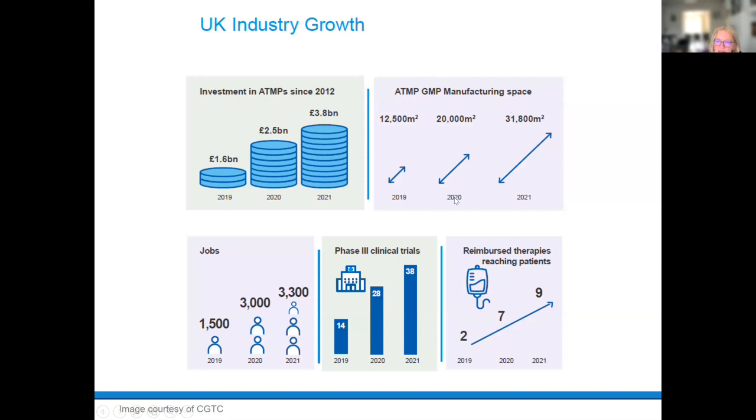And you can see that in the UK, the manufacturing space over the last few years has almost tripled. The number of jobs in gene therapy related research is going up and up, and the number of clinical trials. So what I'm trying to say with this slide is that gene therapy is a very active and fast growing